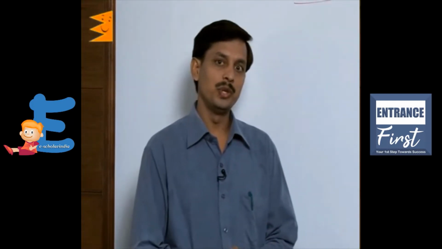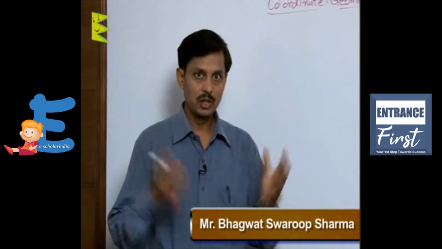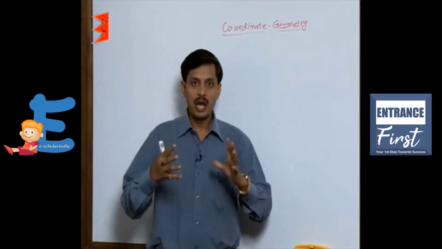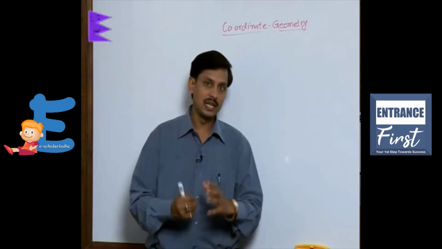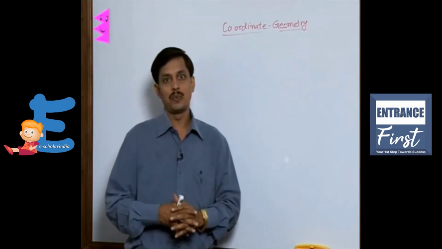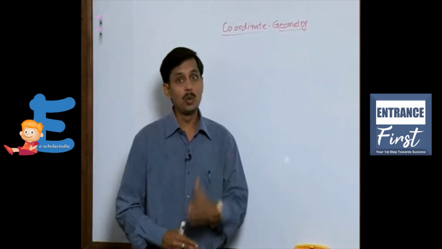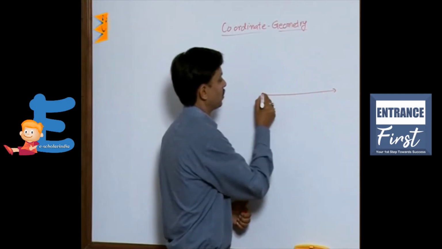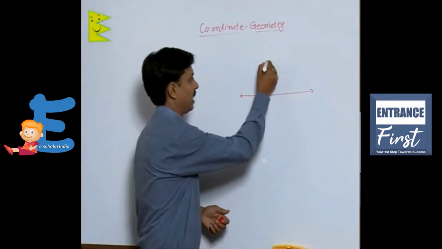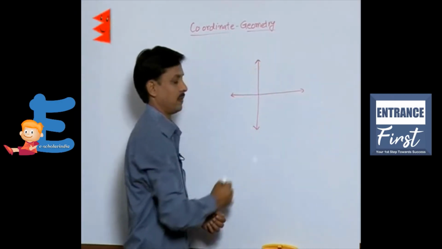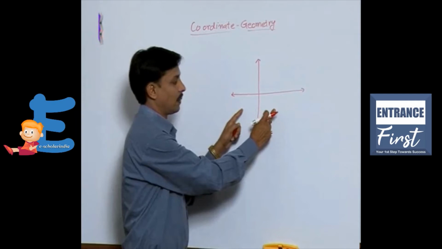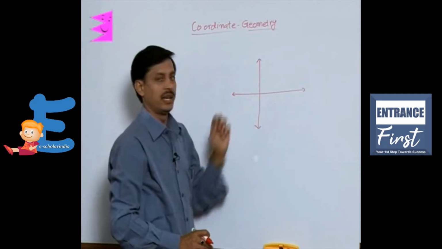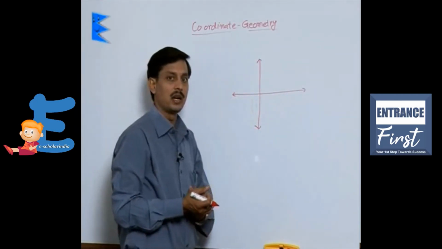Now I want to discuss with you a new chapter with new ideas, that is coordinate geometry. When we have a plane surface and this plane surface is separated by two perpendicular lines, one is the horizontal line and another one is the vertical. So what happens, as this is the blackboard, white in color, when two perpendicular lines, horizontal and vertical, are drawn,